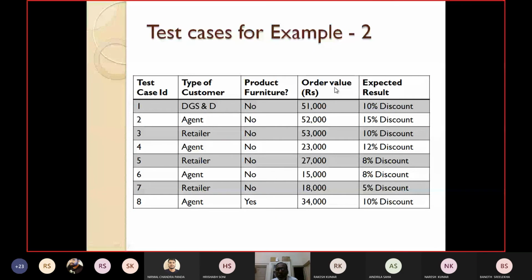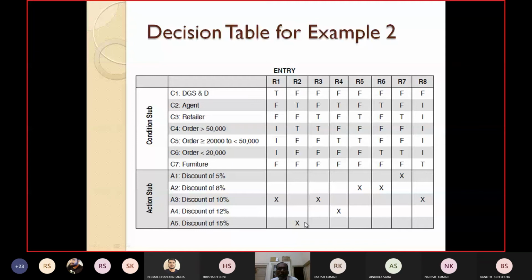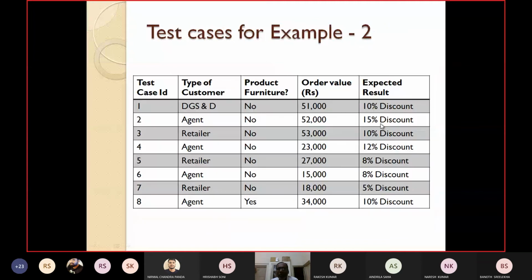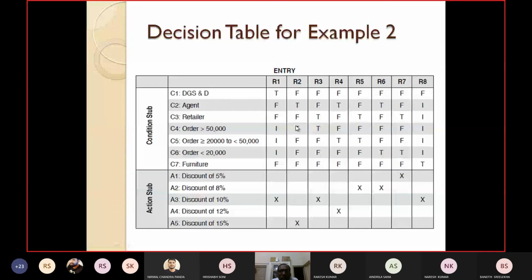And if in the same case you are a retailer, not a furniture product, and order value is greater than 50,000, like this, rule 2, greater than 50,000, but you are an agent. So what we have given is already 15%.